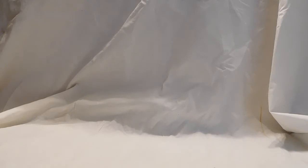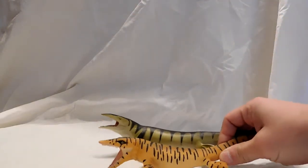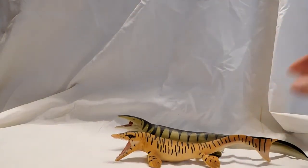Today we're going to review something a little different compared to what we've been reviewing, as we've mostly been reviewing dinosaurs, and I started to think, boy, we haven't had any marine reptiles on the channel. So today we are going to be reviewing the Safari and Carnegie Tylosaurus. I think that these things are both absolutely wonderful. Safari did such a good job and Carnegie did such a good job on them as well,